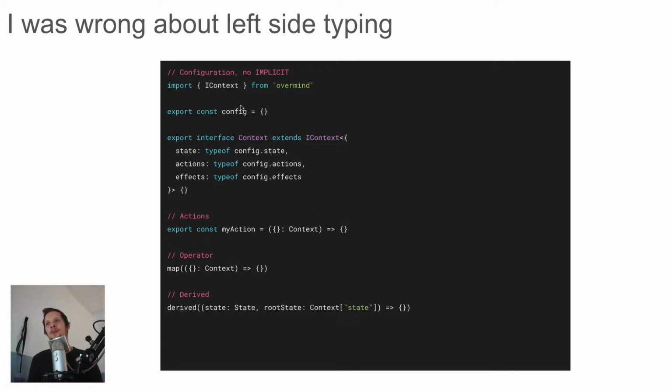You import IContext, extend it, and then you just use context wherever. Then you have generics and all the good things. There's only one type that you really need: context. And it will also clean up a ton of typing inside Overmind. That's good. I like this.